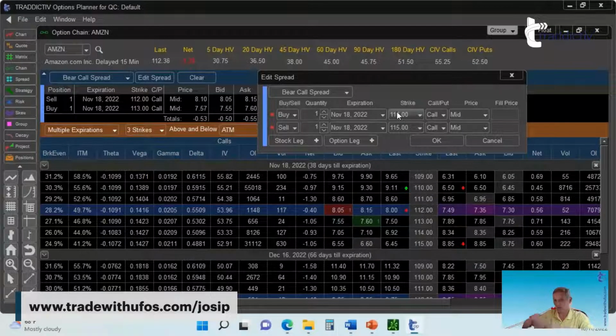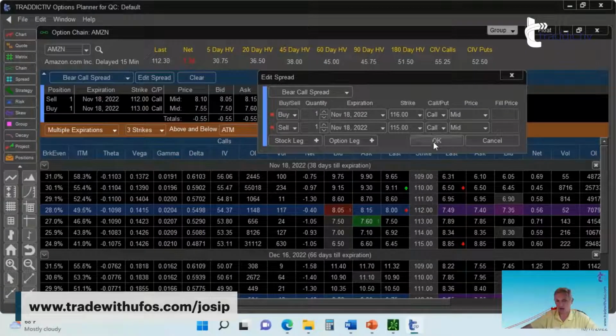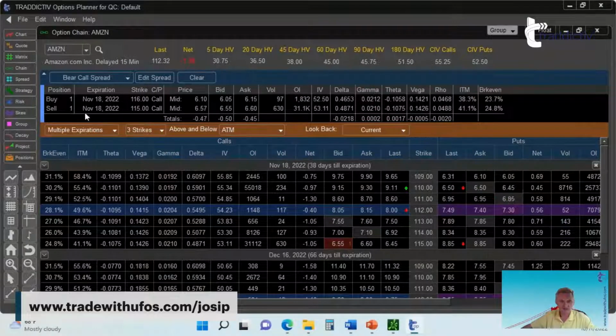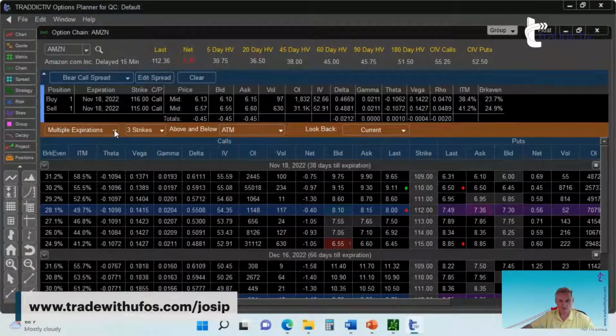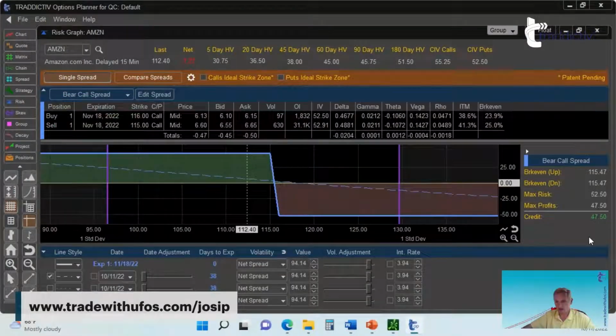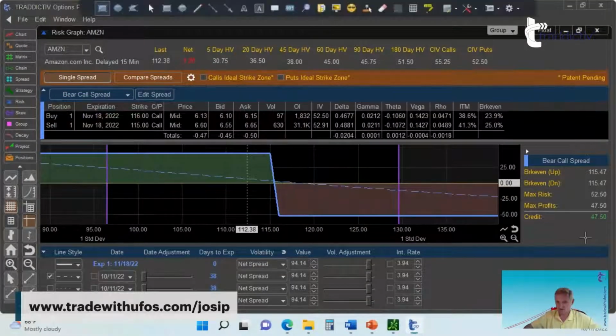But for November, due to everything else going on, including the Santa Claus rally, I may not even feel bearish anymore on Amazon. But I need this information for November to have the sense of the pricing. I need to have a sense of the pricing. And I'm clicking here on the risk graph. And once I get the risk graph right here, I'm seeing it over here